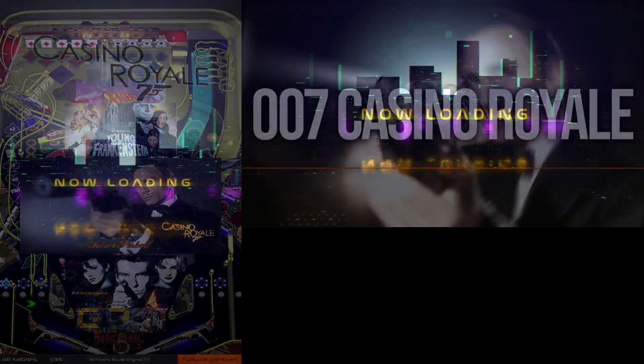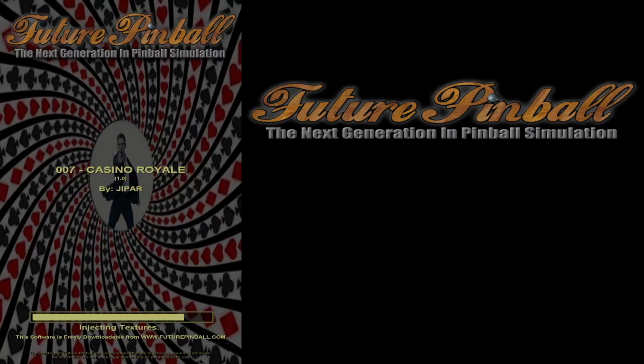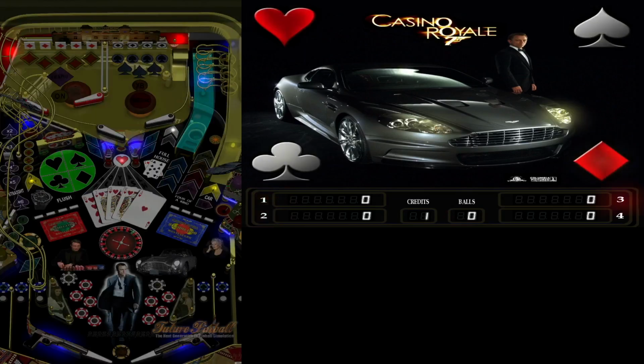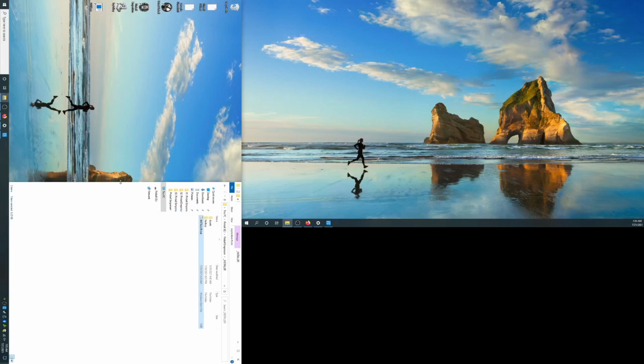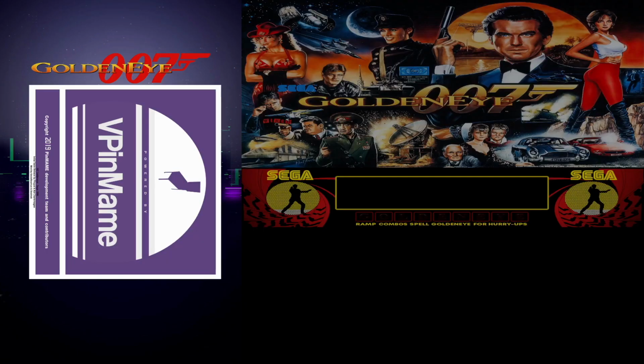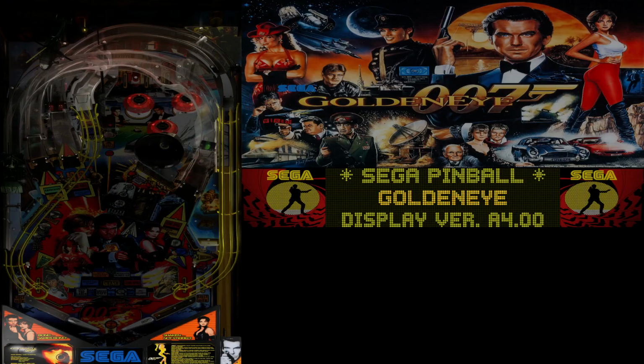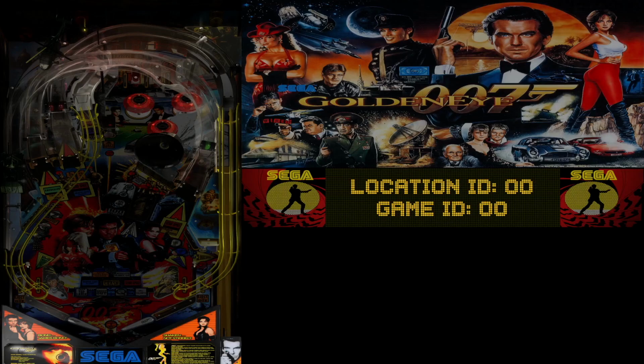Now the question is, it's just Visual Pinball X. Okay. Interesting. Okay, there we go. Sorry, I know I said I was loading Ace Ventura, but I ended up loading GoldenEye. There was an issue, but it was not